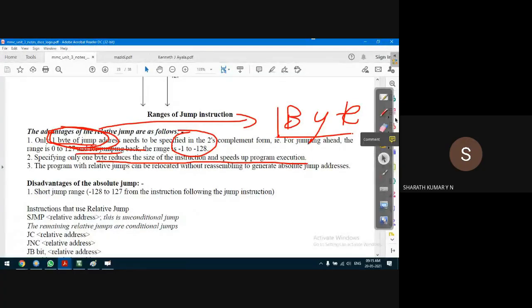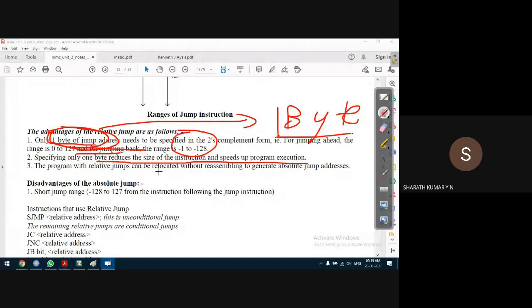The program with relative jumps can be relocated without reassembling to generate absolute jump addresses. The compiler does various operations. Whenever the memory content changes, it needs to relocate the target address. As the program location changes, it needs to find the target address again.